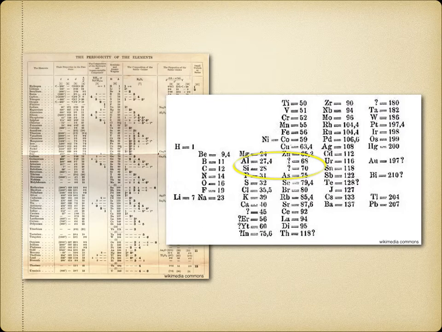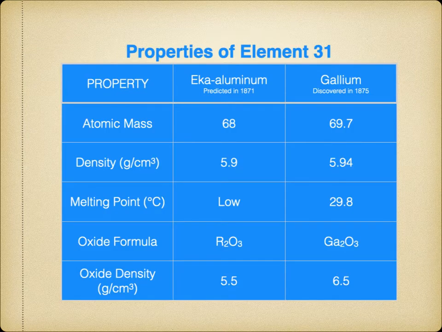And what he was able to do with those gaps and kind of a reading off of the pattern was to come up with some fairly accurate data describing what the elements that had not yet been discovered would look like, or what properties they would have. And so here you have in 1871, after amassing all this data, Mendeleev predicts that there is an element near aluminum on the periodic table, which he referred to as Eka aluminum.